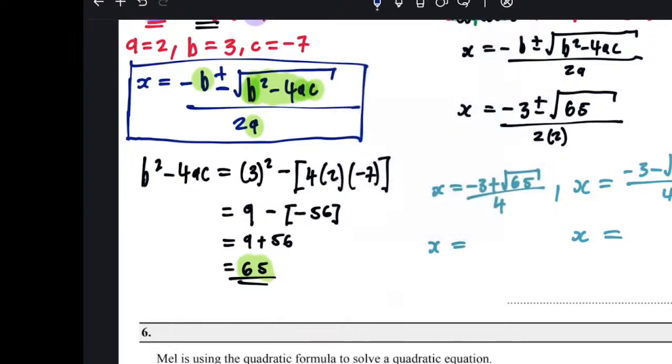Let me punch it for you. You say negative 3 plus root 65. Then you get an answer. Then you say divided by 4. That answer divided by 4. Or you can open bracket. Open your bracket and say negative 3 plus root 65. Then you push it, then you close that bracket. Then you say divided by 4 outside. You get